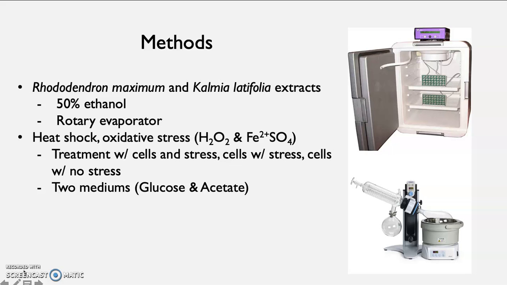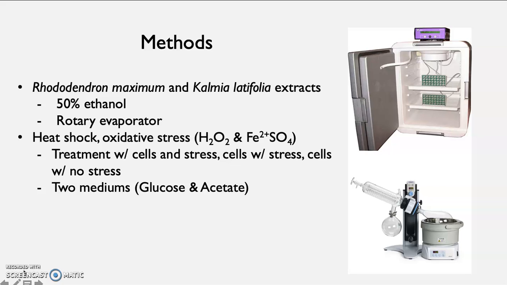So here are my methods. Rhododendron maximum and Kalmia latifolia extracts were made from the leaves collected from both of these plants on Buffalo Mountain in Johnson City, Tennessee. These leaves were ground in a mortar and pestle, soaked in 50% ethanol to extract the organic compounds, then placed in a rotary evaporator overnight. Then the residue from the evaporator was placed into solution and then sterilized so we could use them for the